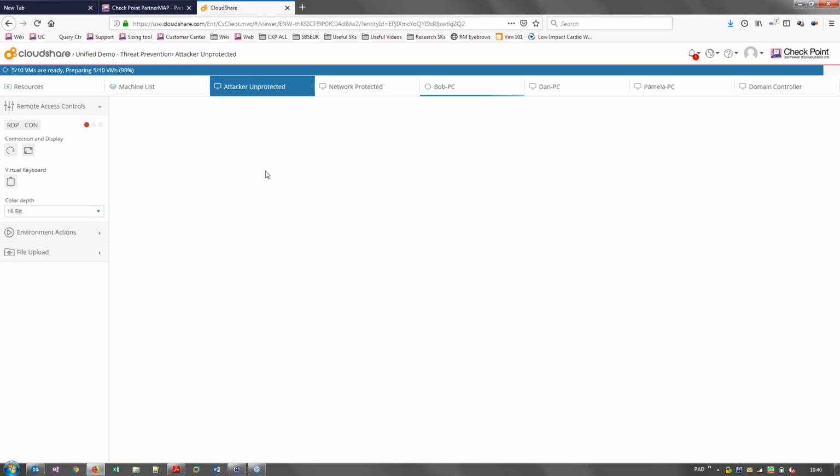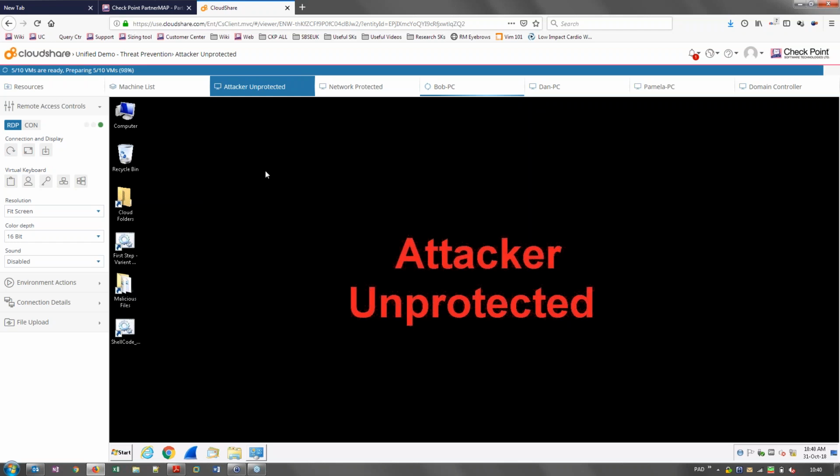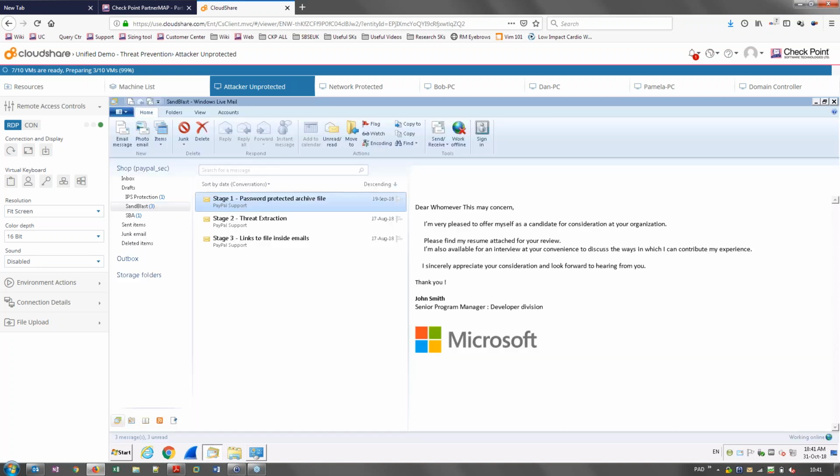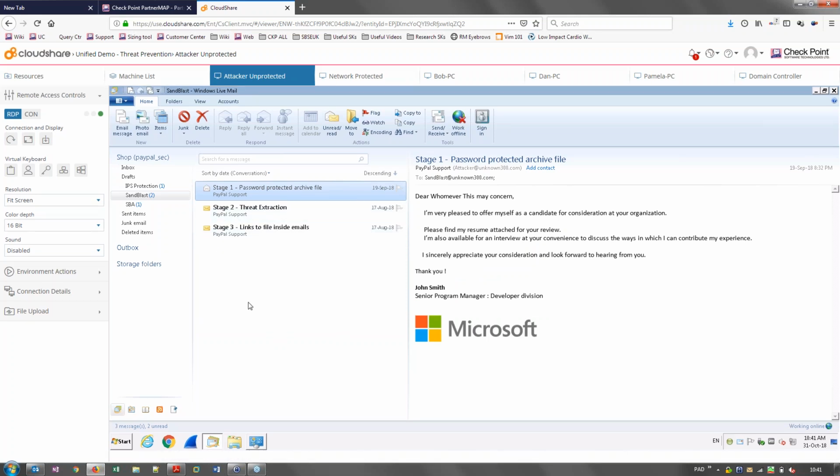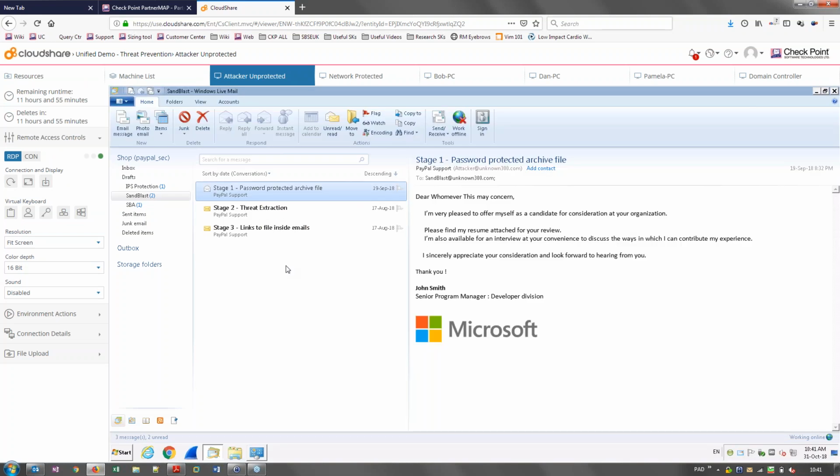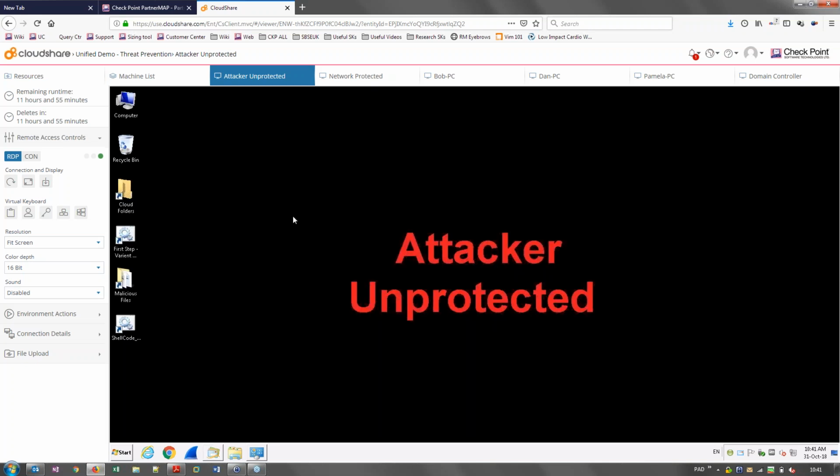And if we go over to the attacker PC here, and we then go, when this decides to display properly, if we go to Windows Live Mail, we can see here some email drafts that are ready for us to send. So what I'm going to demonstrate first is, if I just minimize that window, if I double click on this